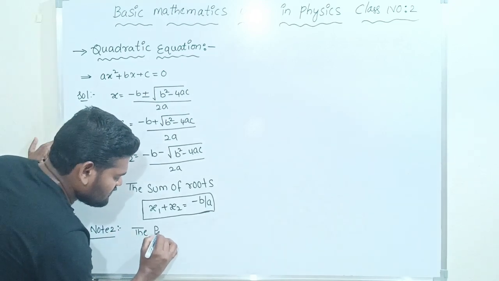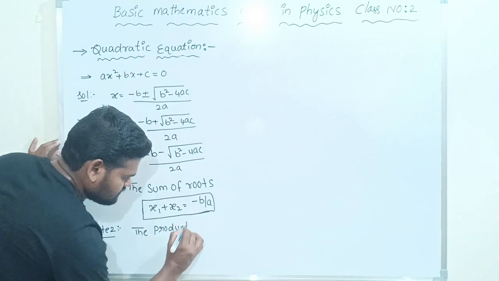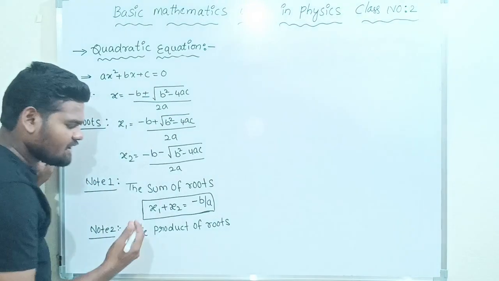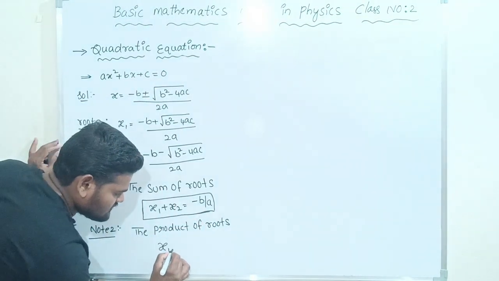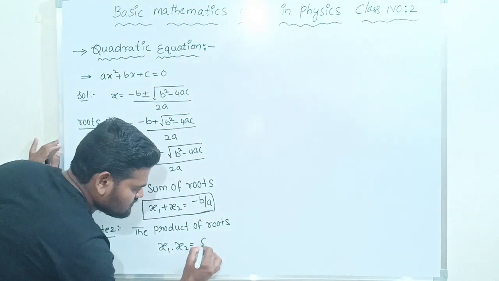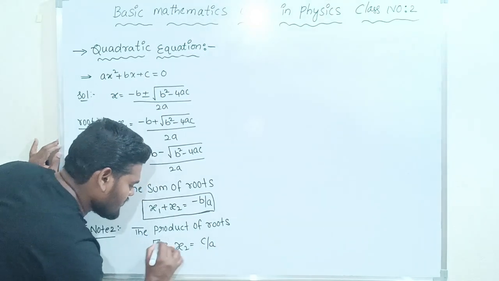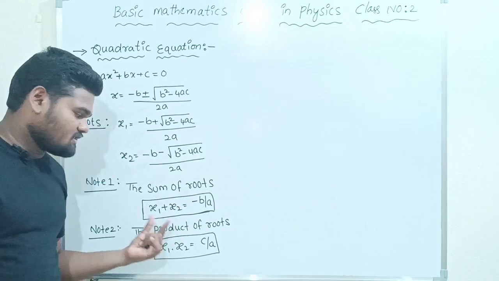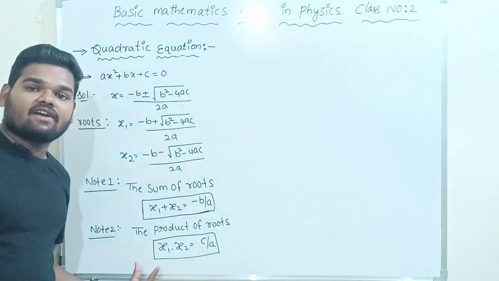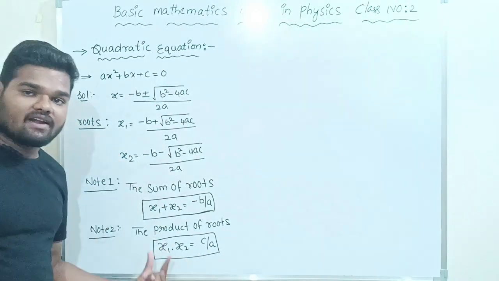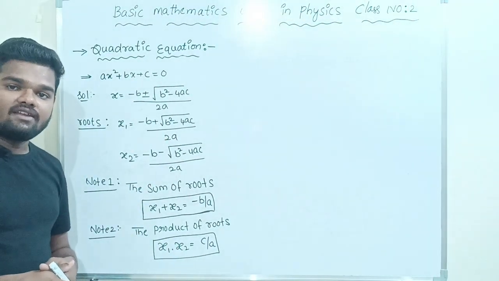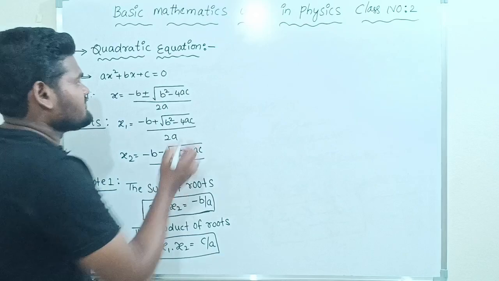The product of roots. So the product of roots is given by x1 into x2 is equal to c by a. Minus b by a gives what? The sum of the two roots of the quadratic equation. C by a gives what? The product of roots of the quadratic equation. Okay, is it clear? Next,